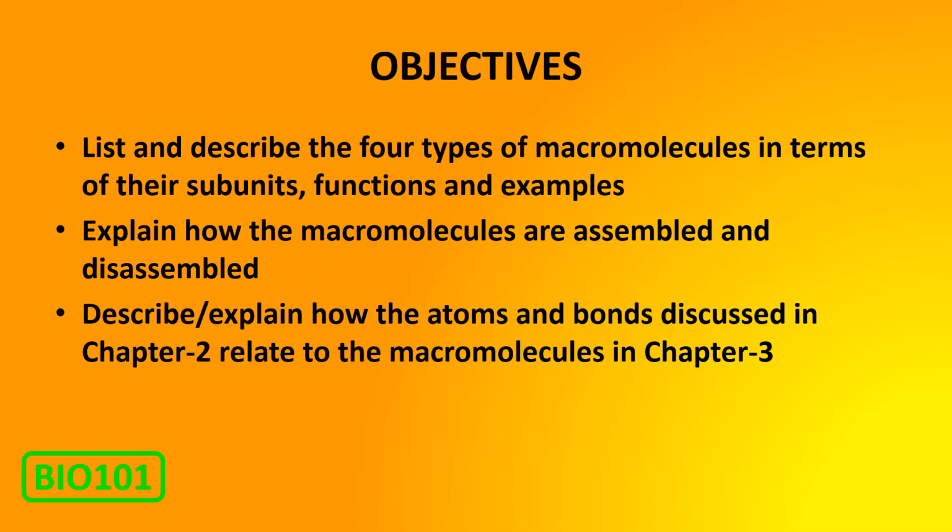Your objectives for this chapter are to be able to list and describe the four types of macromolecules in terms of their subunits, their functions, and be able to give examples of each of the four types. Explain how macromolecules are assembled and disassembled, and this is very important because these processes will carry through for the rest of the semester. Describe and or explain how the atoms and bonds discussed in Chapter 2 relate to the